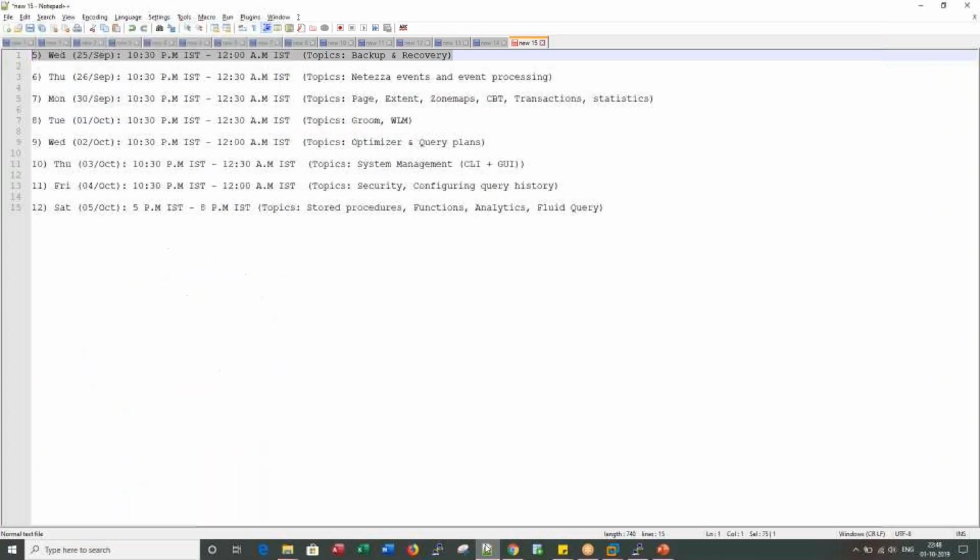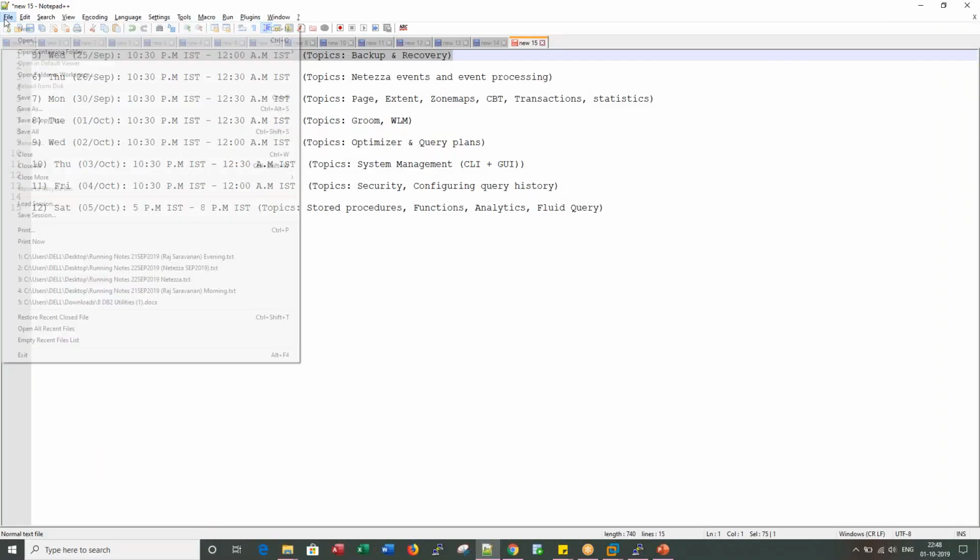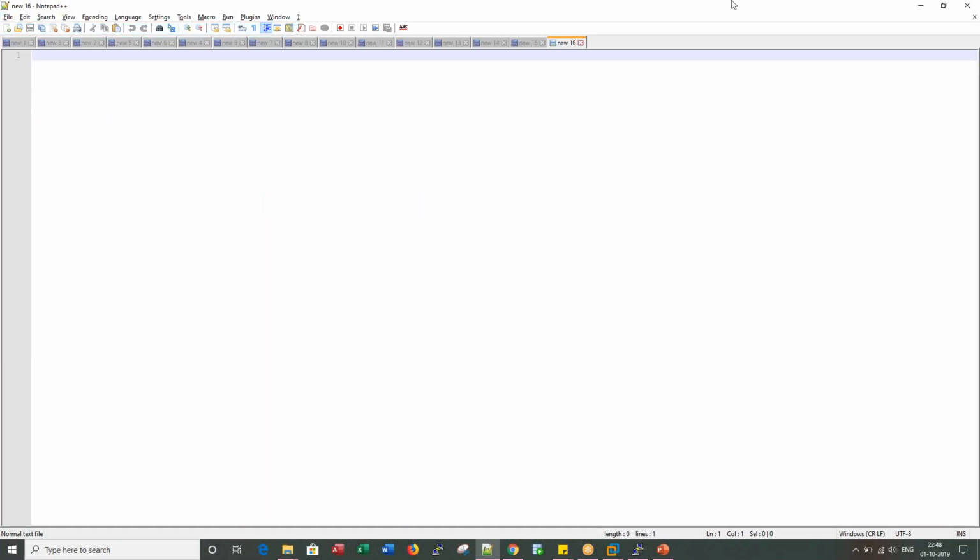Okay, so what we are doing today is looking at Netezza database level backups, Netezza host level backups, and of course host level and database level restores. So these are three major things: DB level, another one is host level, and third one is schema or user level